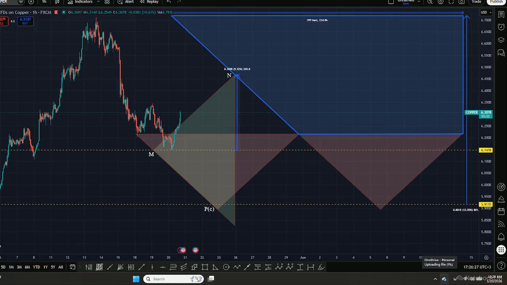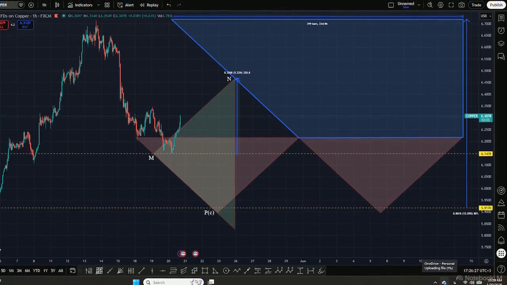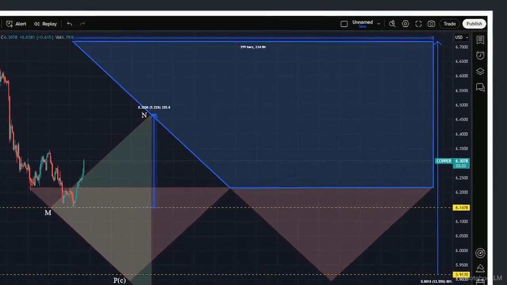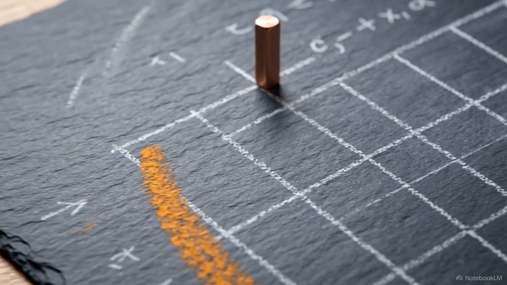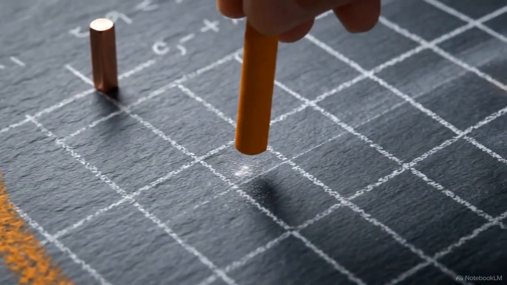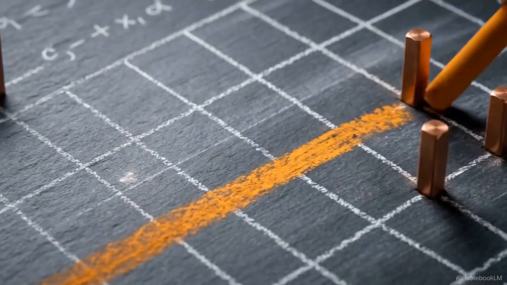Returning to the chart, Target 1 at the lower trapezoid boundary is plotted at $6.2173. Target 2 at apex N is $6.4996. Finally, Target 3 at the trapezoid top is $6.718. Exiting here yields an expected total profit of $741.26. These coordinates act strictly as fixed destinations on a map, determining exactly how the cycle will be measured as